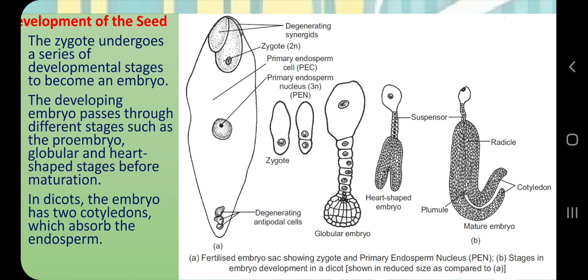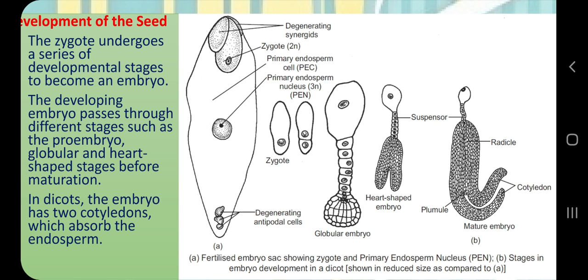Very simple. So mostly in the dicot plants, in the pea plant, in the gram plant, what happens is that during its development, the embryo will consume the whole endosperm and they will store food in their own part, which is called cotyledon. And what will happen in the case of monocot plant or monocot seed? The plant embryo will not consume the whole endosperm. They will save some endosperm for future use, for the germination. And those seeds or monocot seeds are called endospermic seeds, and seeds which do not have any endosperm are called non-endospermic seeds.